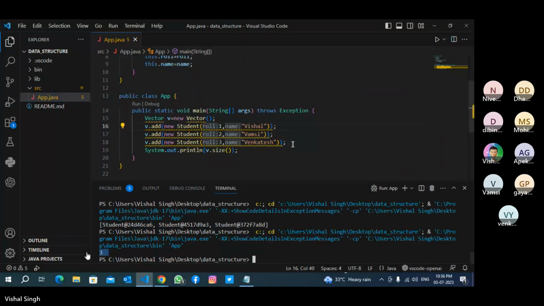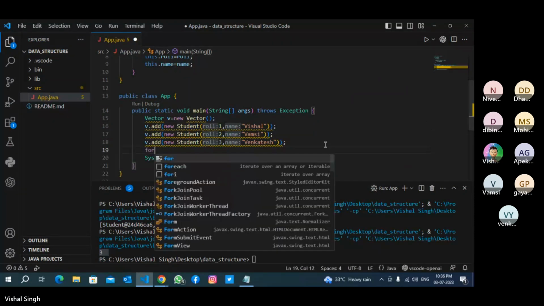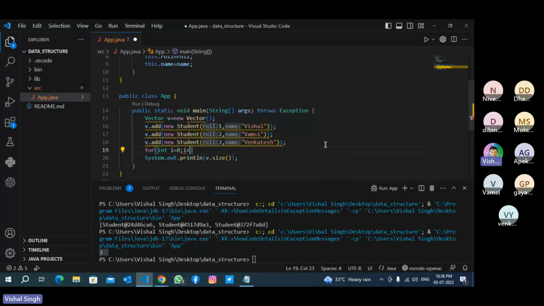Okay, so i less than v.size, i plus plus. Okay, and v.get(i).